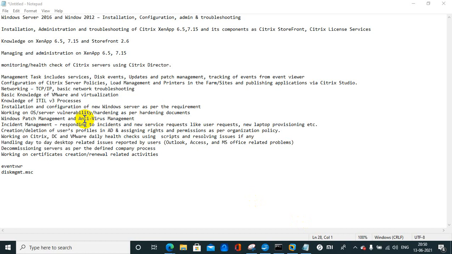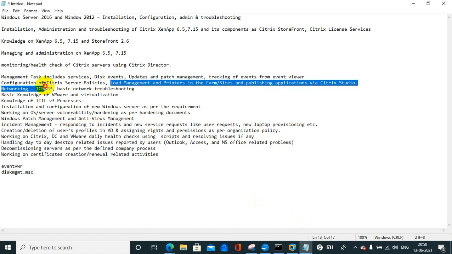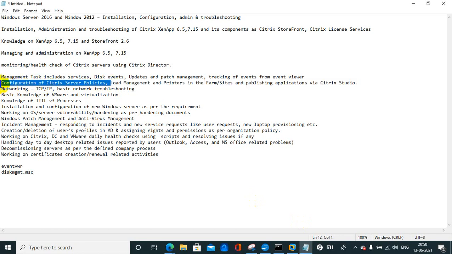And the next one is Citrix policies. You can find them under the Citrix policies tab. There are two types of policies: server policy and user policy.